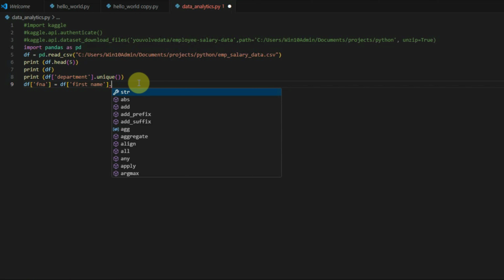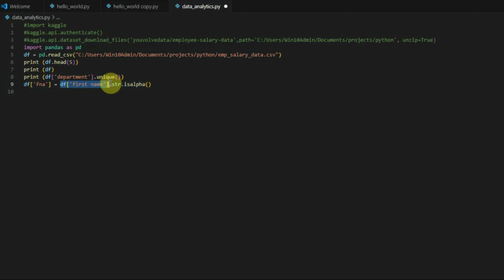We are going to use the str collection here. And this collection will give us a lot of different methods to work on the strings. So dot str dot isalpha is the method that we are going to use. So what it is doing, it will check if the first name field is alphabetic. And if it is alphabetic, then this particular field called FNA will have a true value. And if the value in the first name field is non-alphabetic, then it will store the value as false in this FNA field. And similarly, I'll just copy this line,